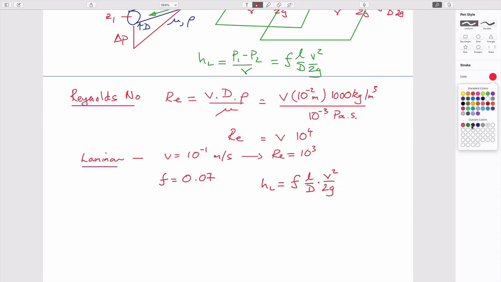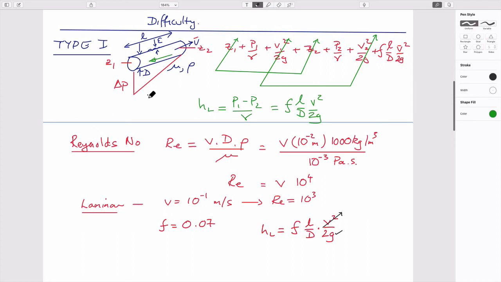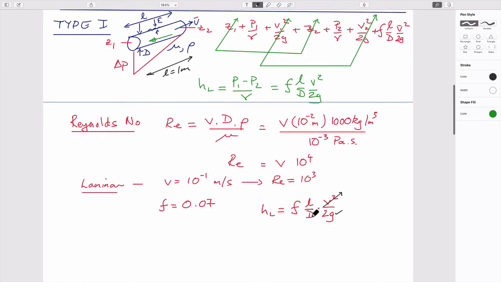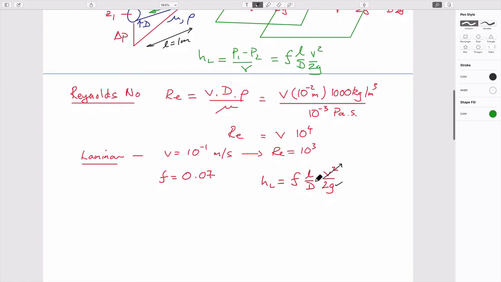And I suppose in these terms, do we know everything we need? I think we do, right? So we know the velocity, we know the length of a pipe, I didn't say, but I'm going to choose a meter long. It's our choice. We know the diameter, and so this would be equal to 1. This would be equal to 10⁻². This is equal to